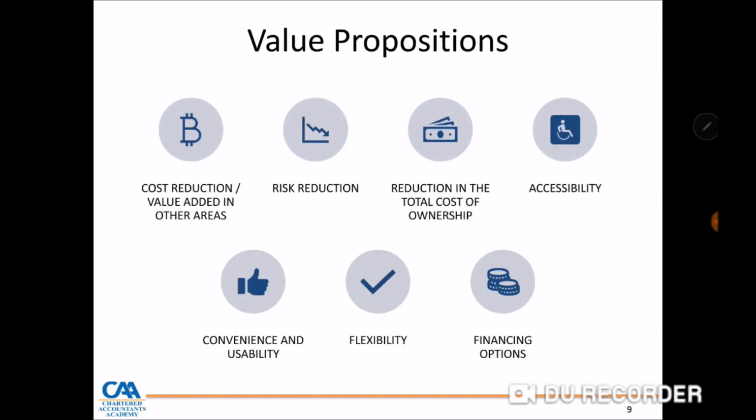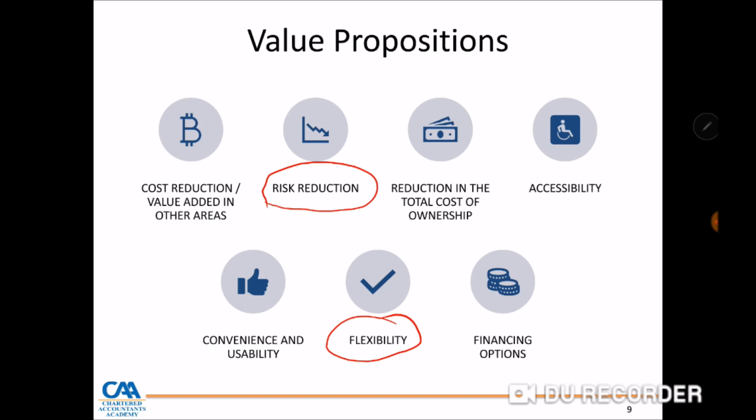This can be built further to say, what are we offering? Risk reduction. In an insurance company, when they come to you, what are they selling? They're saying, my friend, if you give me this premium on a monthly basis or on a periodic basis, the product that I'm selling to you will assist you in risk mitigation and management. Or it can be around flexibility. So in other words, each business should be able to define what value we are giving to our clients. What is the value proposition?